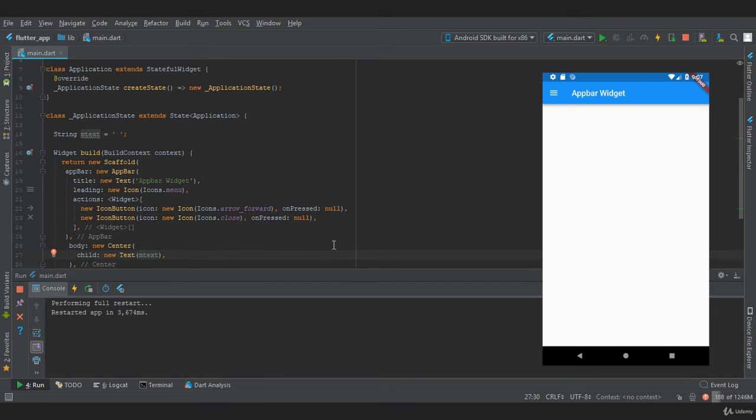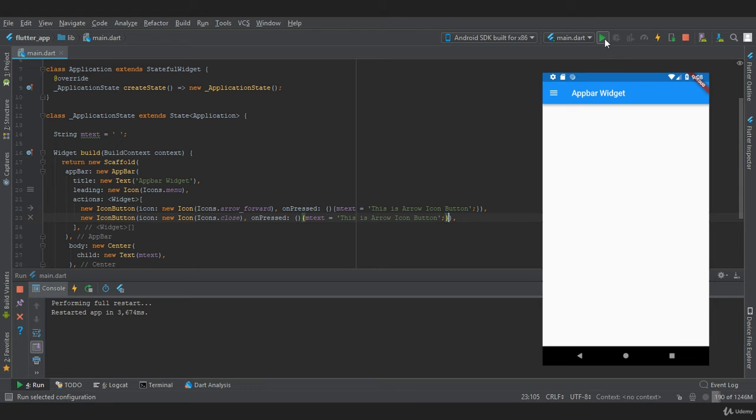Now the operation that we want to perform is to change the value of mText, so we will provide a function in onPressed, and in this we will type mText is equal to, this is arrow icon button. We will copy this onPressed and paste it on the second IconButton.